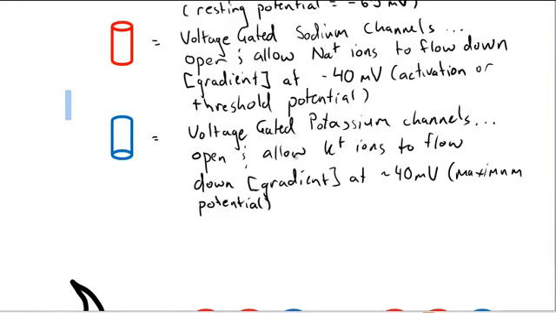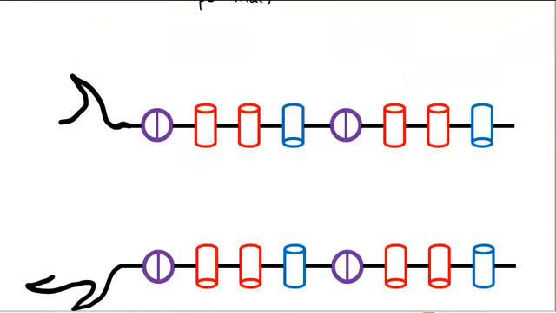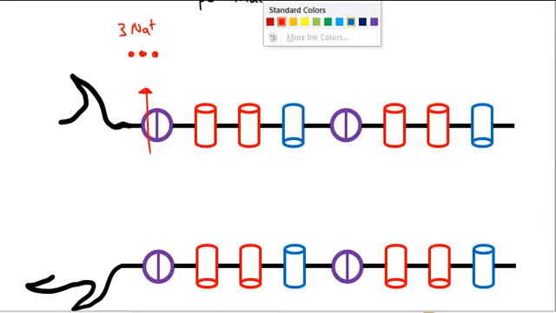So we're going to draw a little picture here, and it's going to get a little bit messy, but we'll try and keep it organized. We're going to start out, we have our sodium-potassium pumps, and the sodium-potassium pumps work all of the time. They never stop working. Sometimes they just get overwhelmed by the channels. And they're always going to send, we're going to make this sodium, they're going to send 3Na+ out, while at the same time